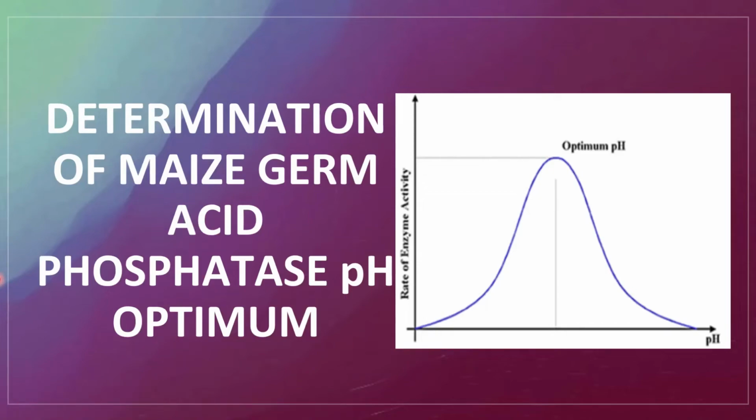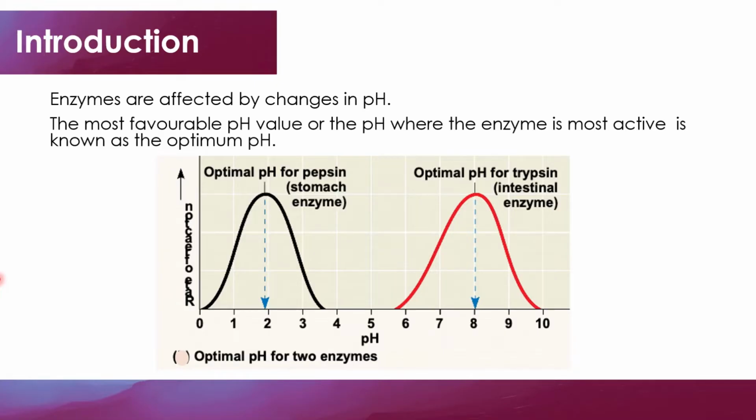In today's class and video, we are going to look at the determination of maize germ acid phosphatase pH optimum, or the optimum pH for our enzyme acid phosphatase. So first of all, what we have to note is that enzymes are basically affected by changes in pH. And also the most favorable pH value, or the pH where the enzyme is most active, is known as the